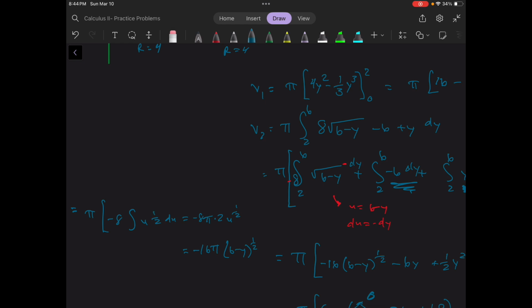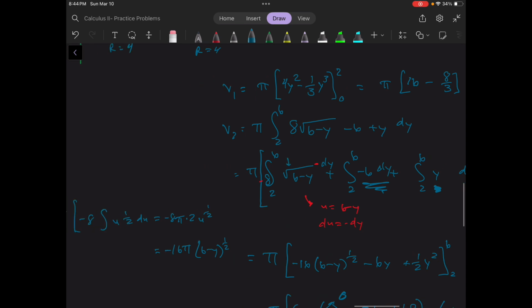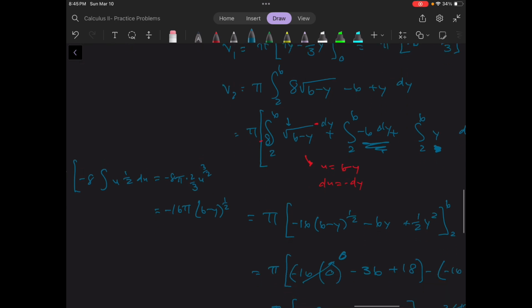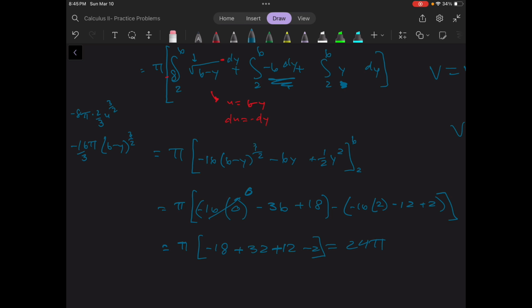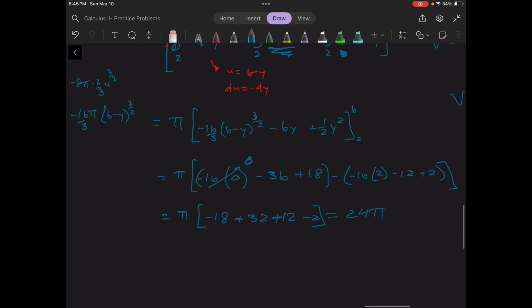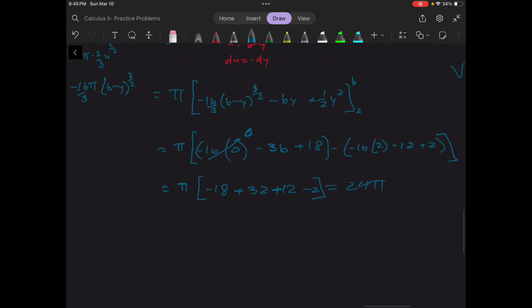This should have been integrating a positive 1/2, because right here we have a positive 1/2, not a negative 1/2. So the only thing that changes is just a few things. This changes to a 3/2, so we're instead multiplying by 2/3. So instead of negative 16, it's negative 16/3, and then of course we have a 3/2 here. So that just means this changes to a 3/2, that changes to a 1/3, and finally here, this is the only thing right here that changes. We have a negative 16/3,